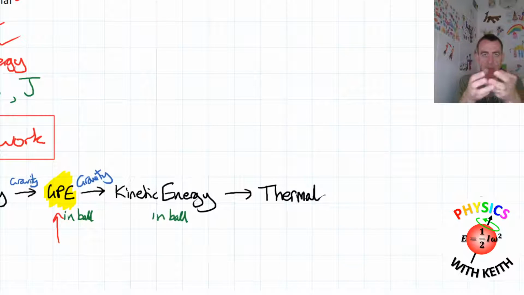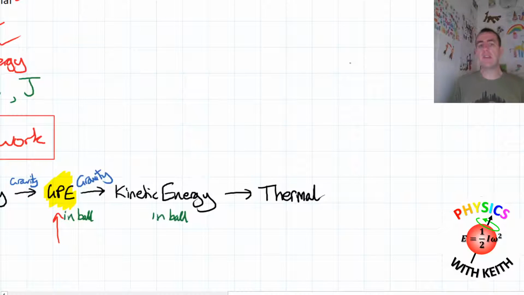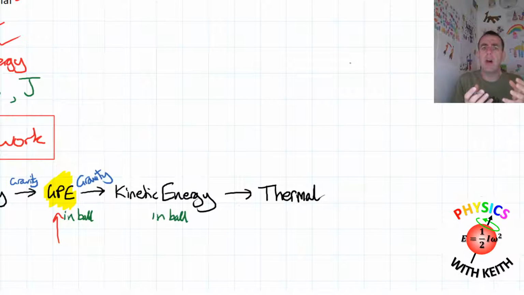But instead of this nice organised motion, we've now got very disorganised motion. The atoms that make up the ball and the surface have gained motion, but it's all random. They're all moving a bit faster than they were before, but in random directions. So when we increase the motion of atoms within a substance, we heat it up. That's what thermal energy is: this movement of the particles within a system, or the atoms within a substance. Everything's moving a bit faster, and I think that's a really nice way of visualizing it.